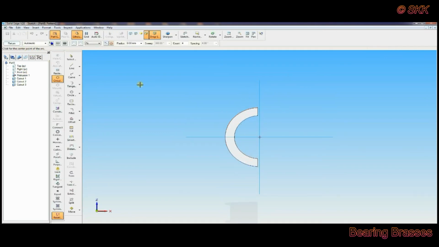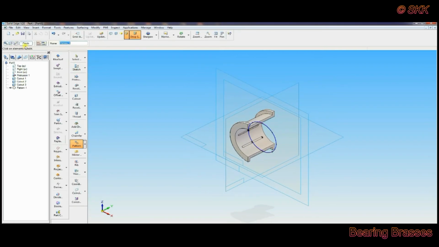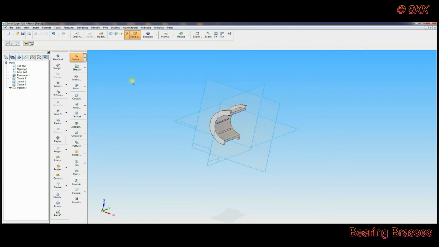You can see the center point of a circle, that one. Before that, count you have to give 8 here instead of 4. Click on the circle like this and click, give the upward direction. Now you can see the circle divided into 8 parts, but we need only 3. Return. Now you can see the slot with holes, 3 holes in the desired angle.